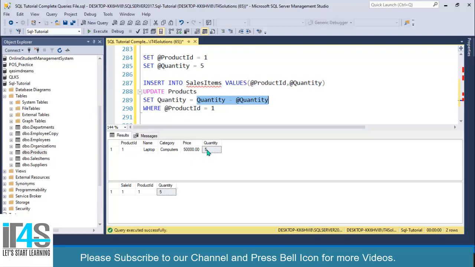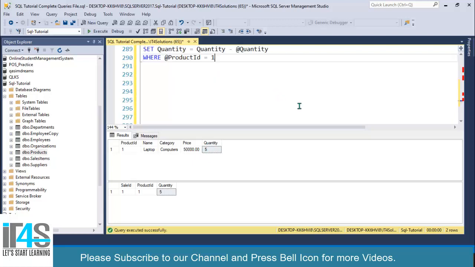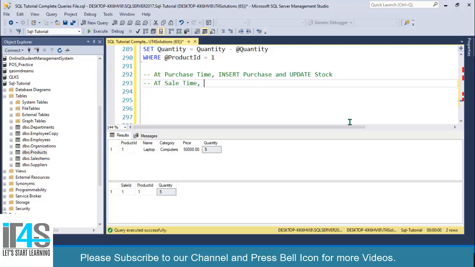So this is a very useful case. For example, you can use it at purchase time: insert purchase and update stock, and at sale time insert sales and subtract stock.